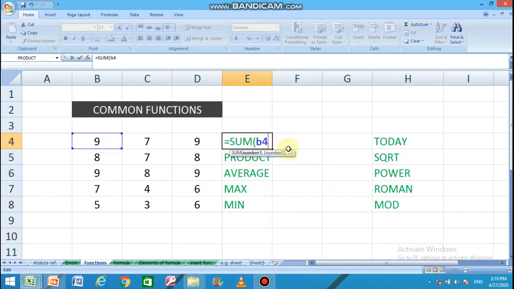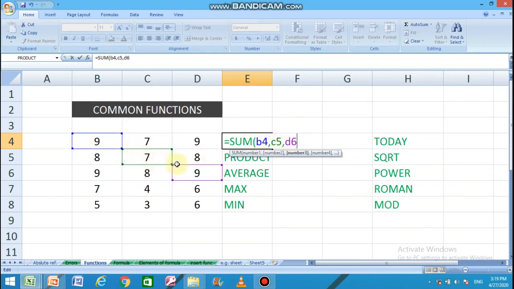B4. After every argument, if there are more arguments, we must place a comma first, then type the next argument value. Now you can see, as I type the arguments, actually they are the cell references B4, C5 and D6.